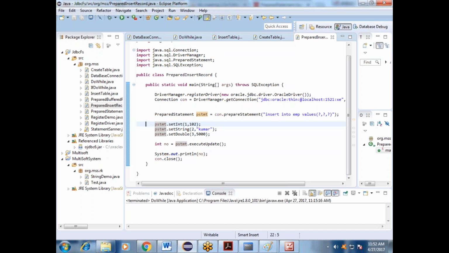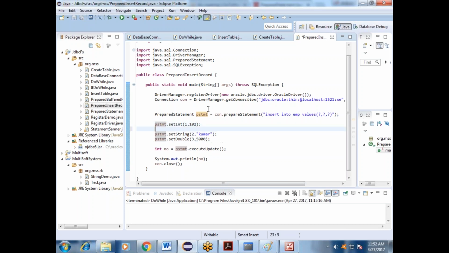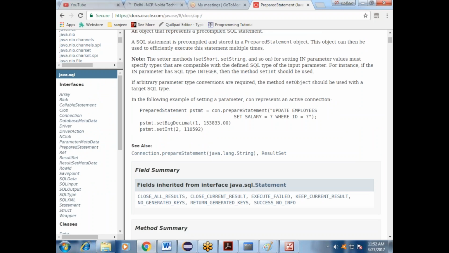Got it? PSTMT is a predefined reference variable. See, we have it predefined, so I cannot use whatever name I want there.